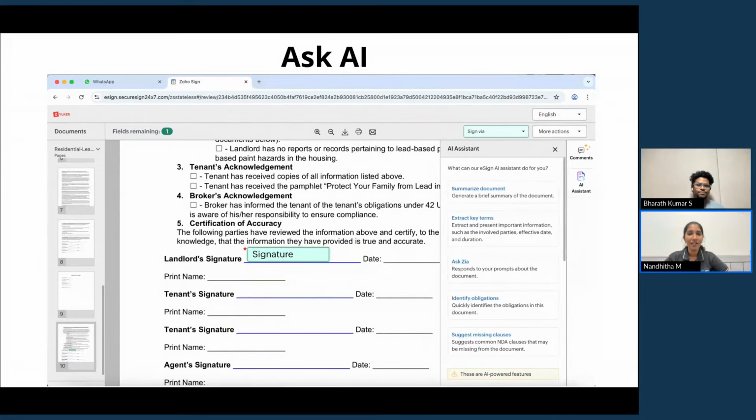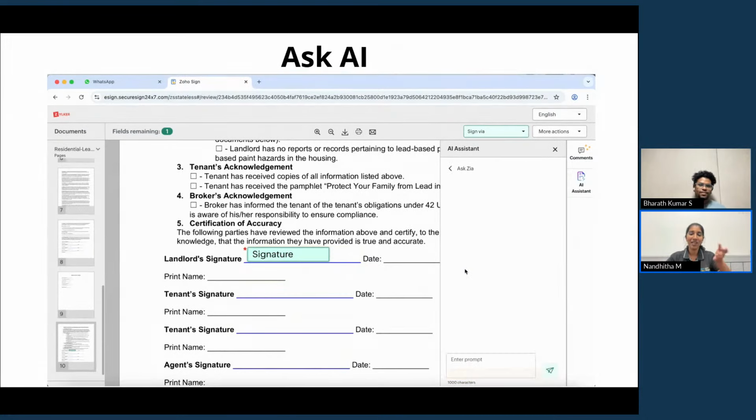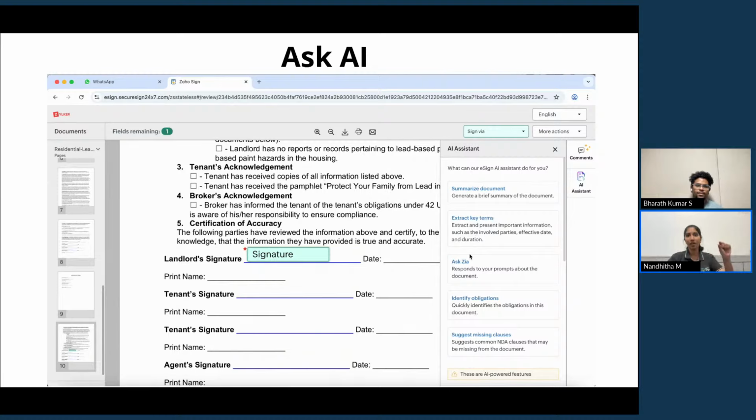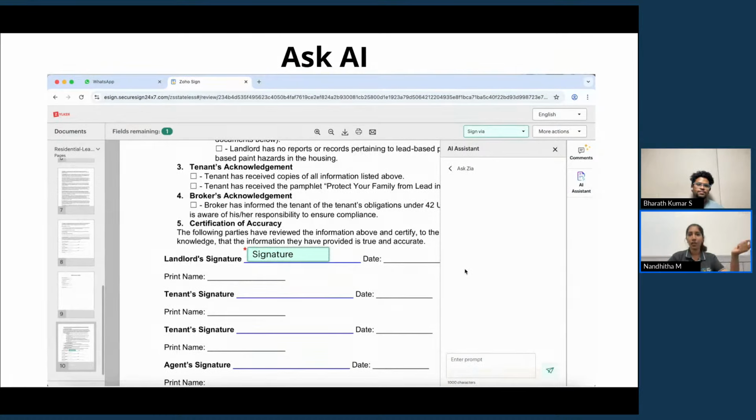Yeah. Right. So, like you said, this is something even I felt that anything that you can and cannot do with the other features, Ask AI can. I remember one time, I think I showed it as part of the last live as well. I put in a document with one clause being wrong. That was a clause that did not sit right with the rest of the document. Meaning the document was about social media policy, and then I put in a clause saying, if you sign this document, you have to wish me happy birthday or something. So it did not sit with the tone of the rest of the document.